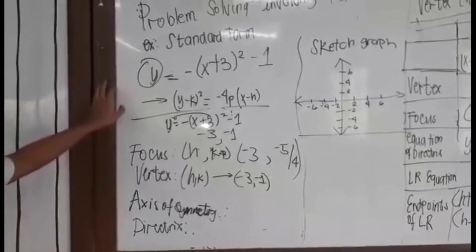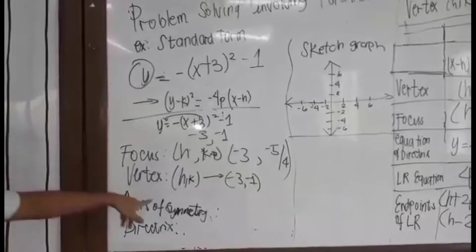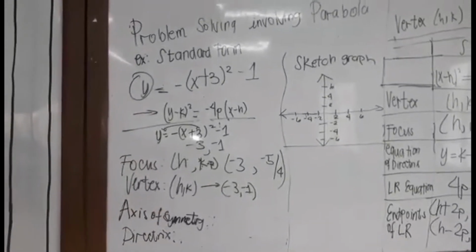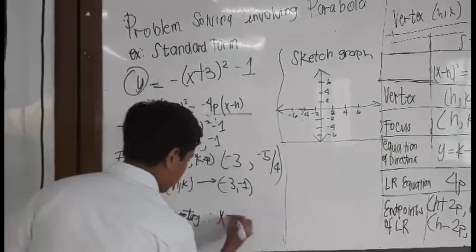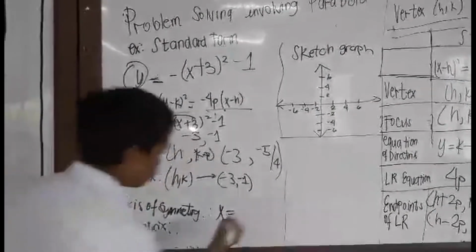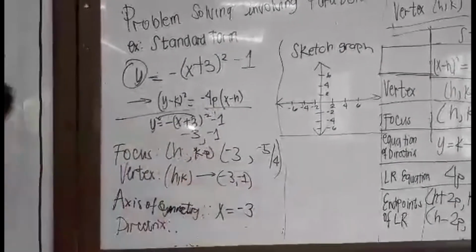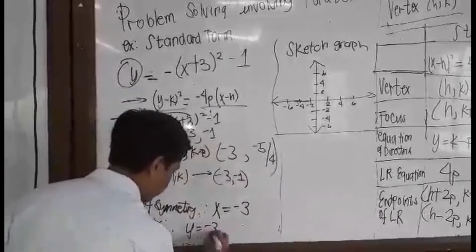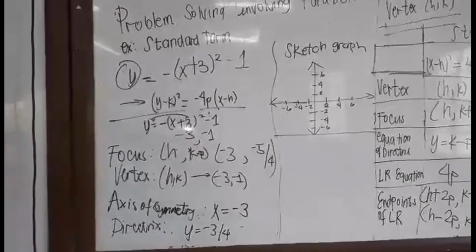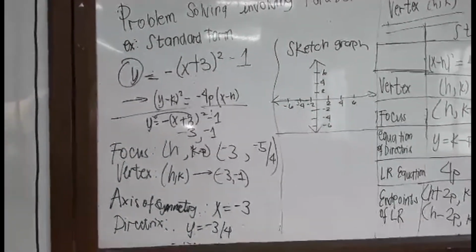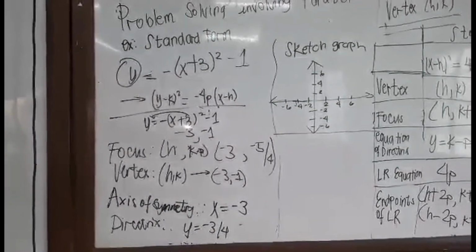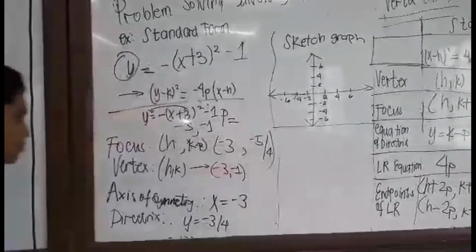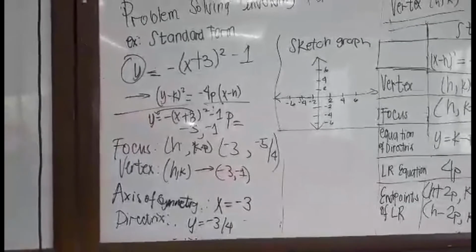As we can see, it is in the x-axis. So therefore, our axis of symmetry is x equals negative 3. And then our directrix is y equals negative. And as you can see, we have here the P, or should I say C, that P is equal to